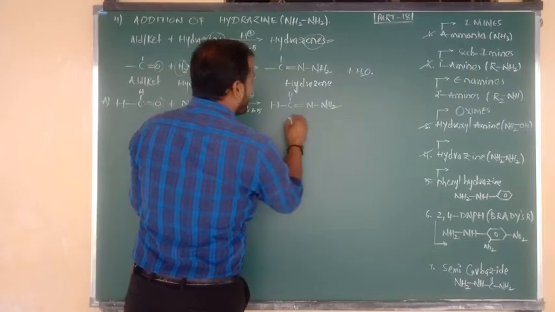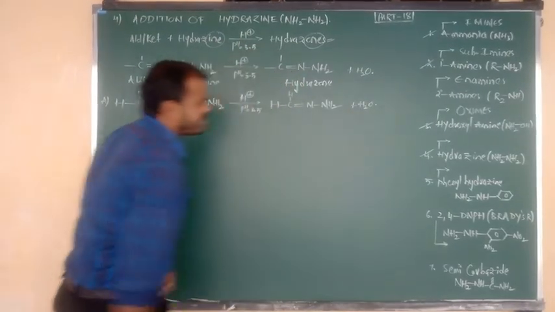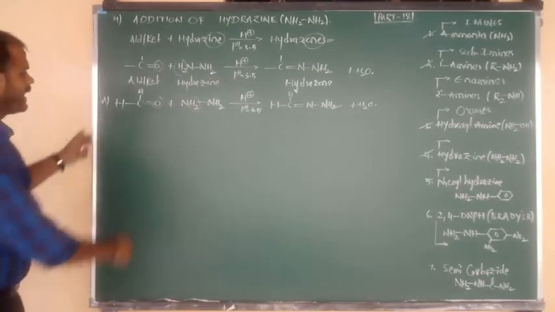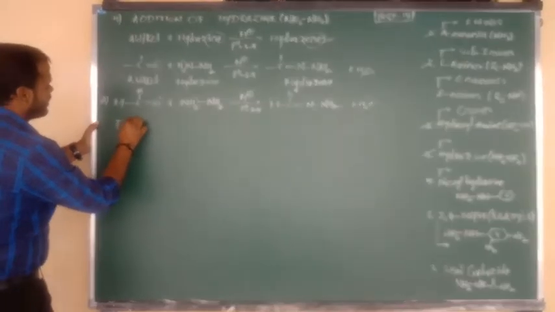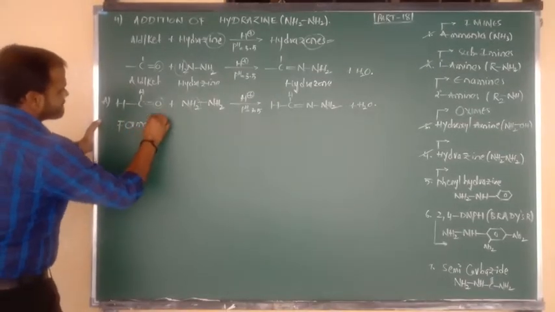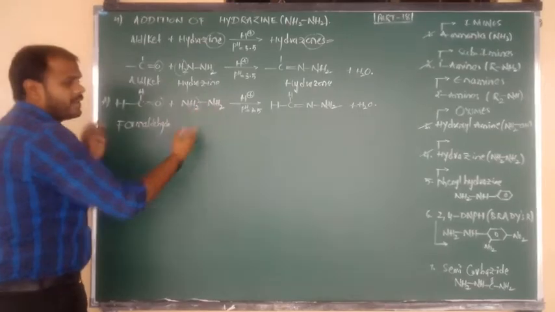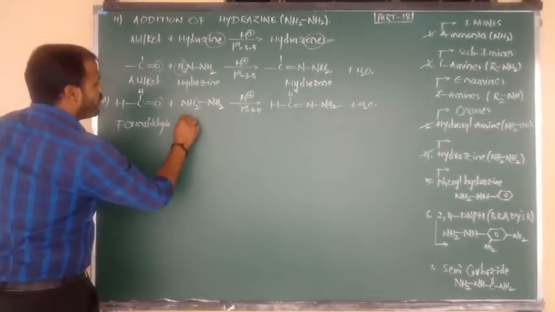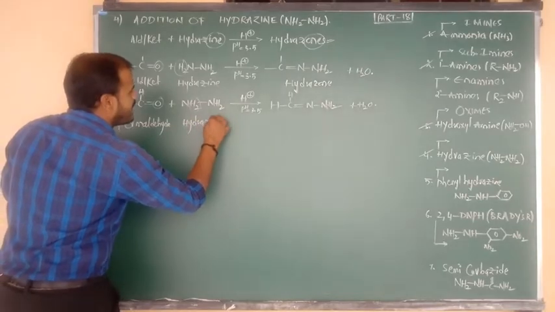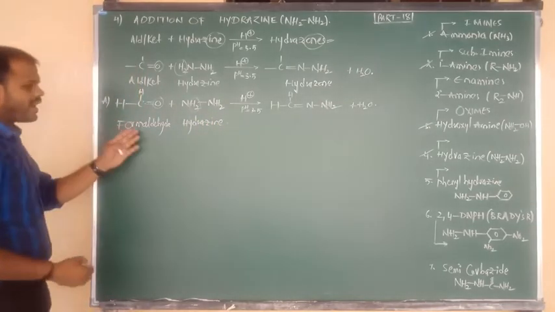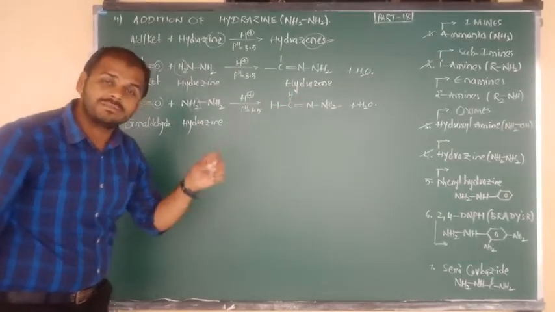This is the formula of hydrazone after the elimination of which molecule, beta? Water molecule. Now what is the reactant name? HCHO. The compound name is called formaldehyde. It reacts with NH2 bond NH2. What is meant by NH2 bond NH2? Hydrazine. So formaldehyde on addition with hydrazine gives the product, which is nothing but hydrazone.